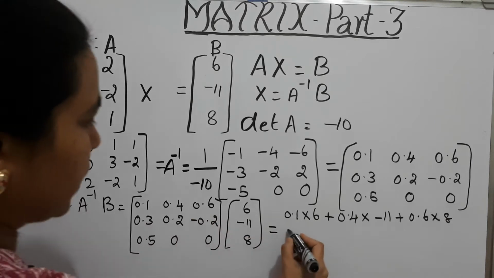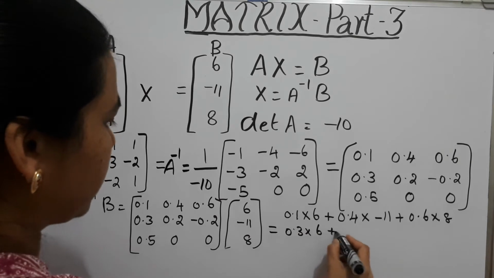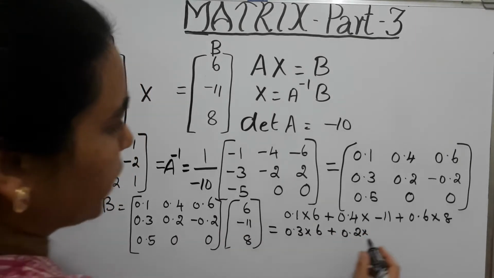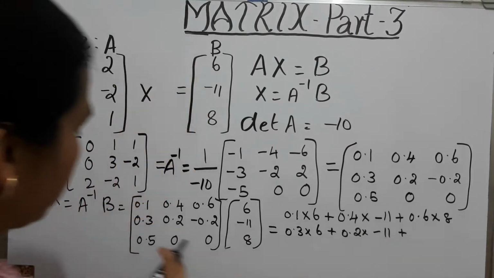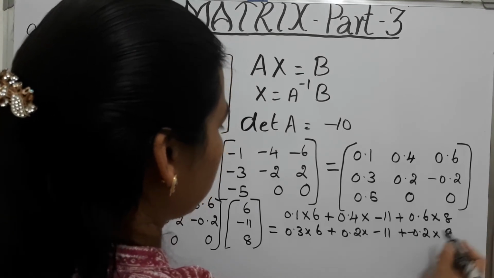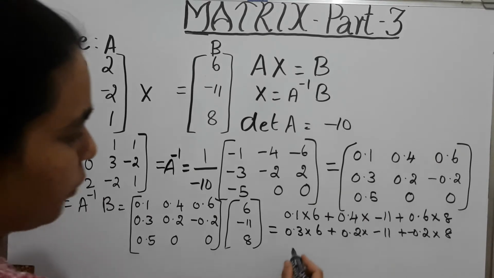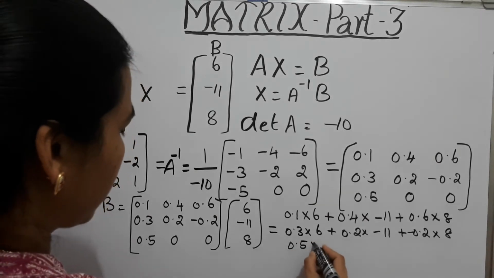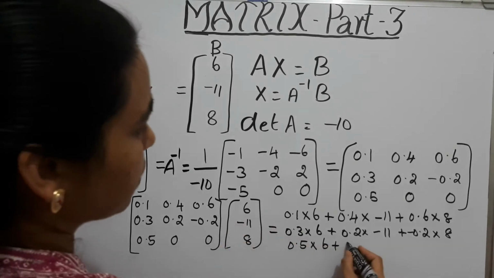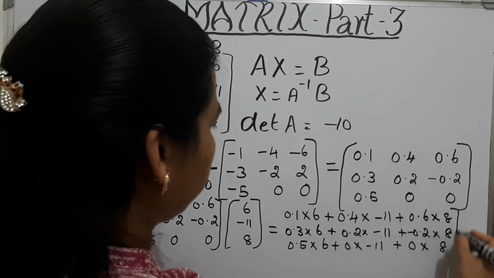And then the next row, 0.3 times, again you have to multiply by 6, plus 0.2 times minus 11 plus negative 0.2 times 8. Okay, and the next row is 0.5 times 6 plus 0 times minus 11 plus 0 times 8. Okay,